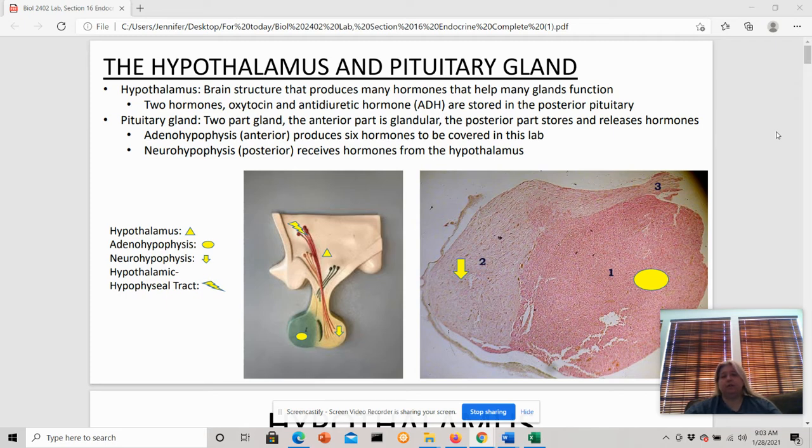So the endocrine system is a system, and sorry if you're hearing banging, they are still doing the roof across